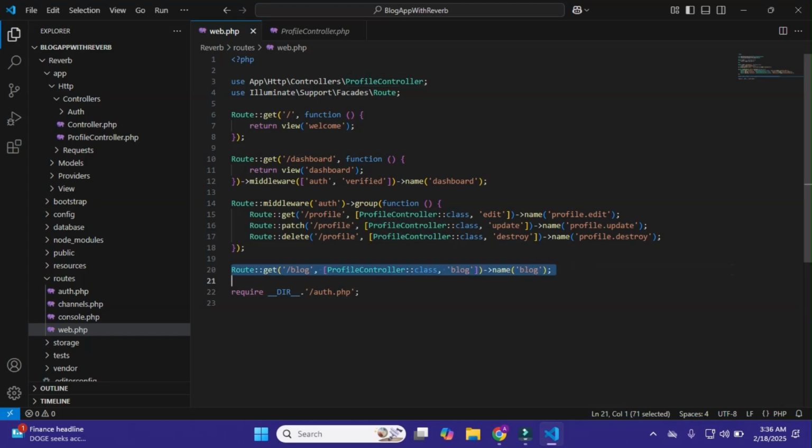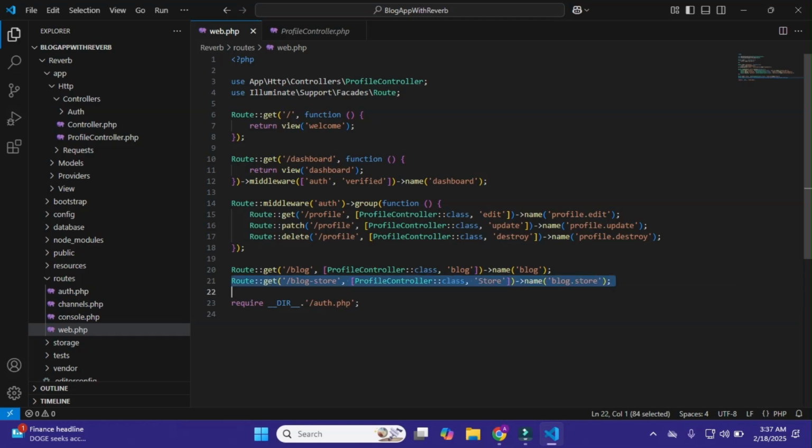We just simply do this, and now I'll just simply copy it and paste it here, and this time we define the route for blog store. I'll just simply make it blog-store, and profile controller, and this function is store, sorry, this store, and this function name is blog.store.